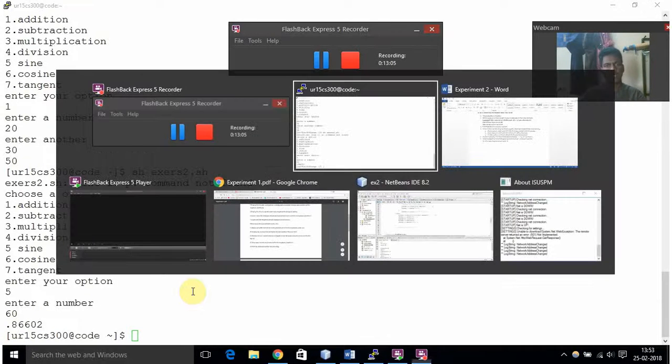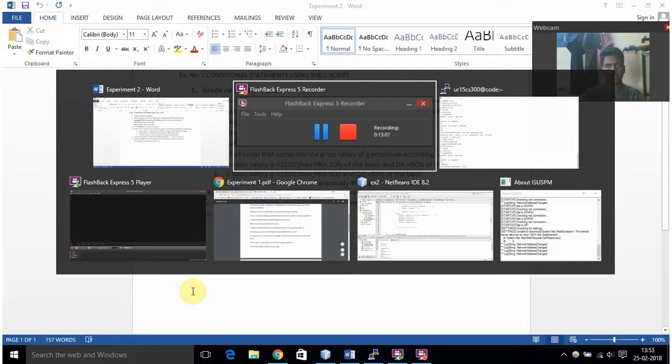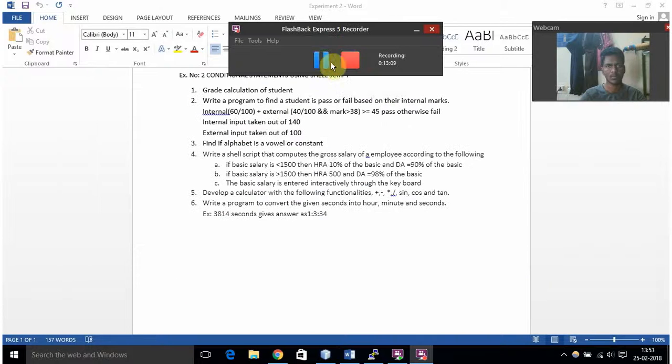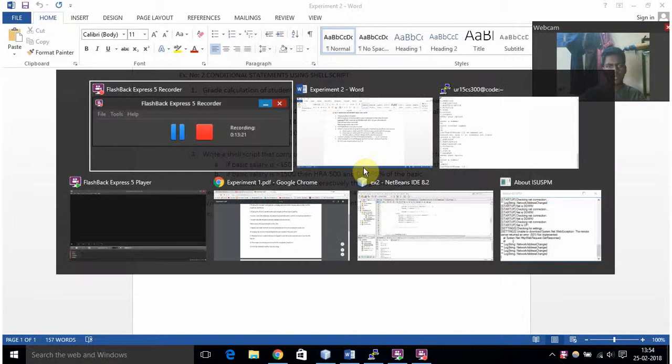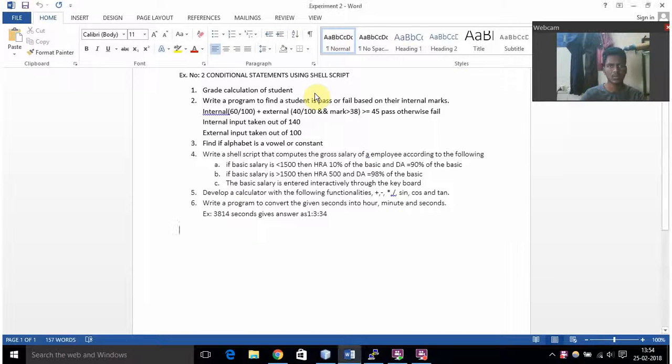The next question for us is, write a program to convert the given seconds into hours, minutes, and seconds. So if we give 3814 seconds, it should give the answer as 1 hour 3 minutes and 34 seconds. Now the code for this one is,